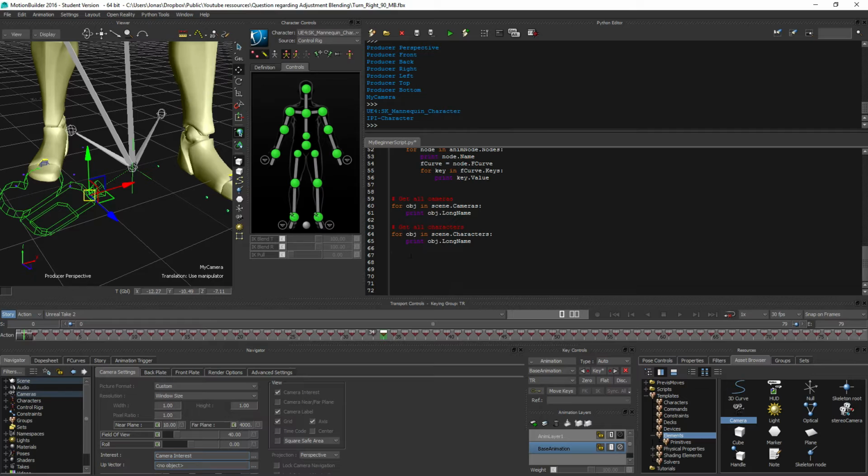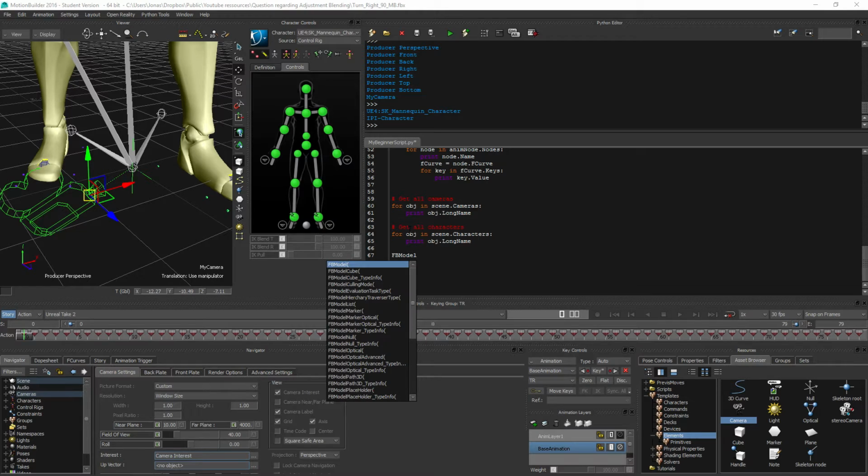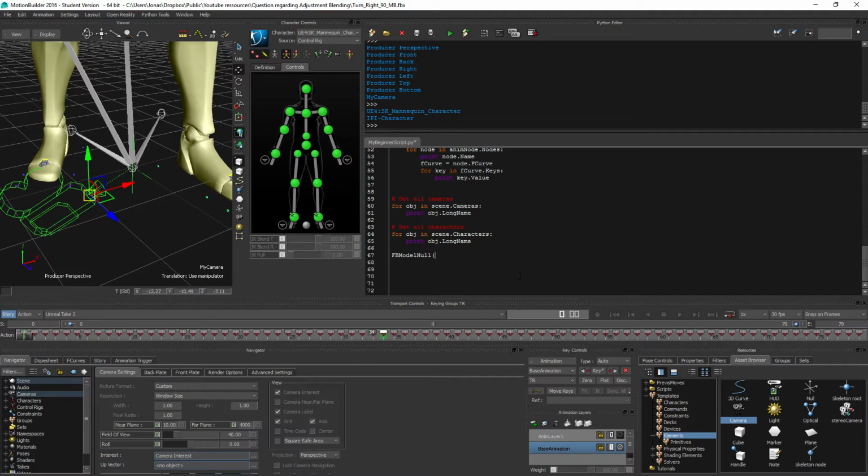Okay. So if we want to figure out what we can create, you can type in get model. And here you can see, since everything in here that is a model has a constructor of that same or corresponding asset, I would say, you'll find that, for example, creating a null object, you have a similar one called FB model null. So in order to create a null